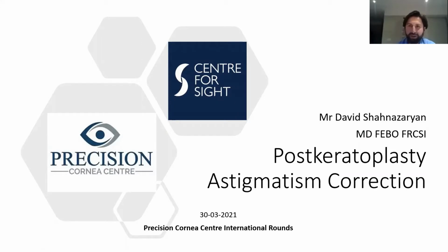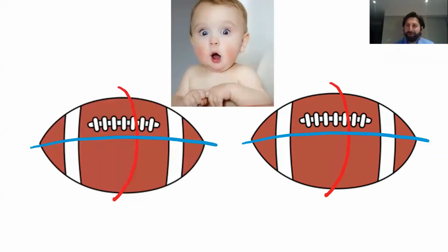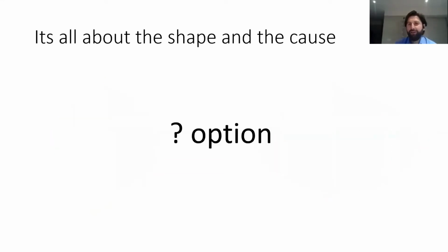So, as you said, I'll be talking about the correction of post-keratoplasty astigmatism. When we try to describe astigmatism to the patients, I usually compare the football to rugby ball shape. Thankfully, I'm not in North America, where I'm sure that would have confused many. So probably it's safer to talk about basketball and rugby ball. But in essence, it's all about the shape, really. And the choice of treatment really depends on the shape and the cause, which is the main topic of my